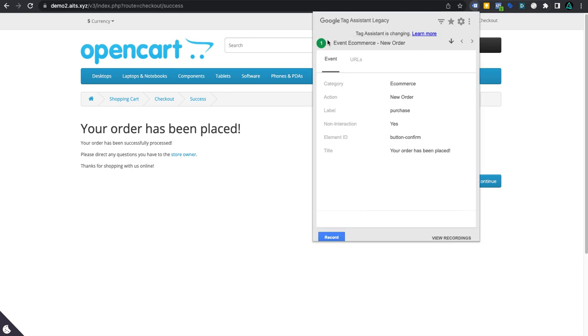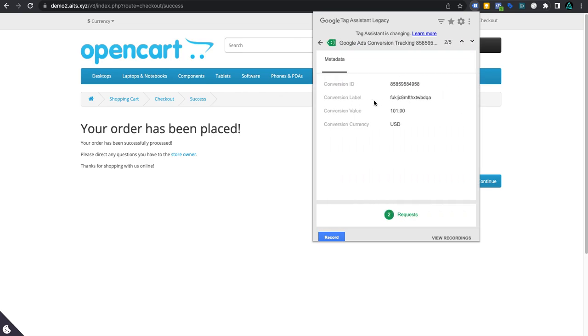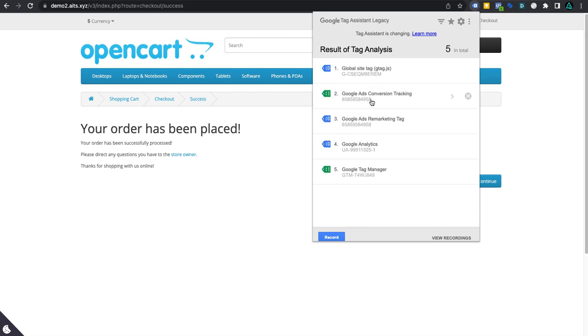Let's see what the tag assistant says. So we now have 5 total tags. So now we have a conversion fired as well. So you can see the conversion ID. We put a fake ID and label here, but still it shows that it has sent the conversion of 101 US dollars already. So you can see the conversion tag is being fired, the remarketing tag is being fired, analytics is fired, and